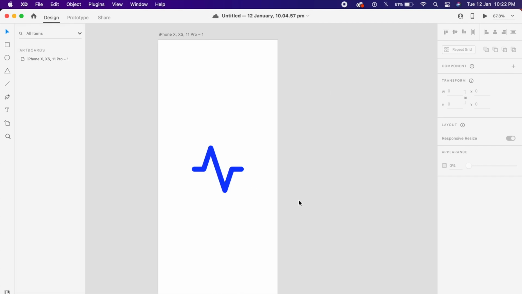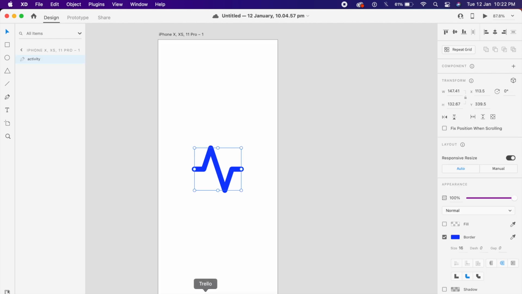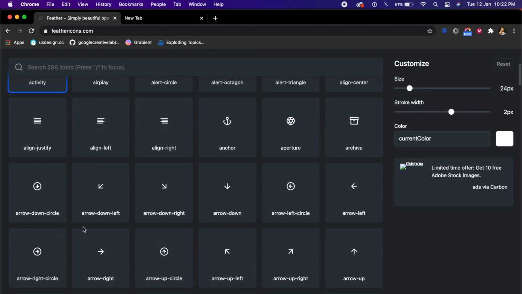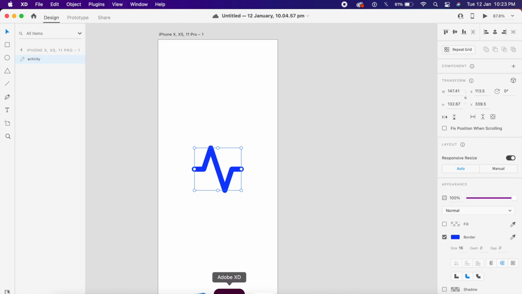Alright, for the next update you can literally now animate paths, borders and much more in Adobe XD. I'll quickly show you some magic. I have copied this icon from one of my favorites, feathericons.com. They have these cute line icons right here and I've just copied one. If I go back to XD, I give this a very high value for the dash, something like 500, and the gap could be anything, maybe 100 or nothing in this case.